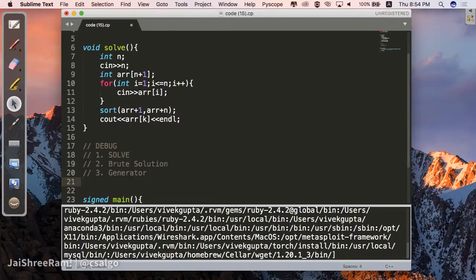Second, a brute force solution that is correct but takes a large amount of time, like a brute force 2 to the power n type of solution. And third, a generator which will generate inputs for these things.